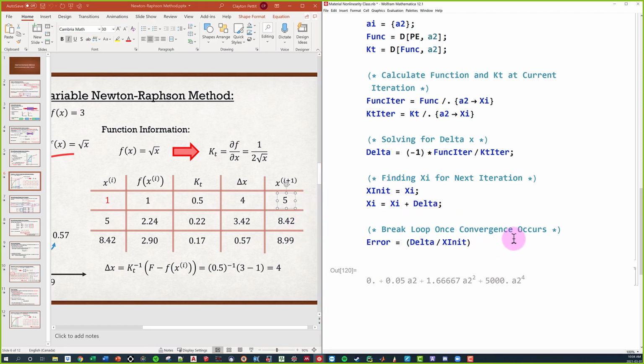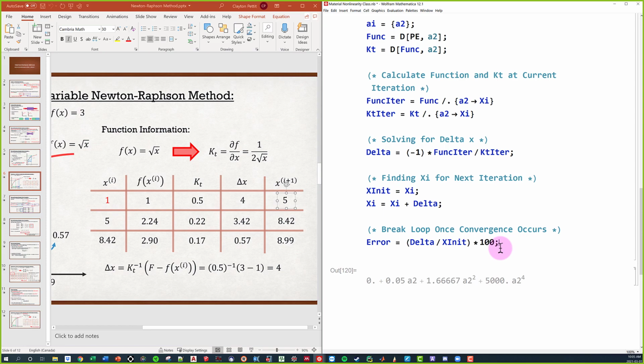So this is going to be my error, and we're going to make it in terms of percent. So all I'm going to do is times by 1,000. Now the question is, how do we compare this error? We're going to get our error here, and let's say that it's 20%. How do we know if 20% is good enough? Well, right now we don't.